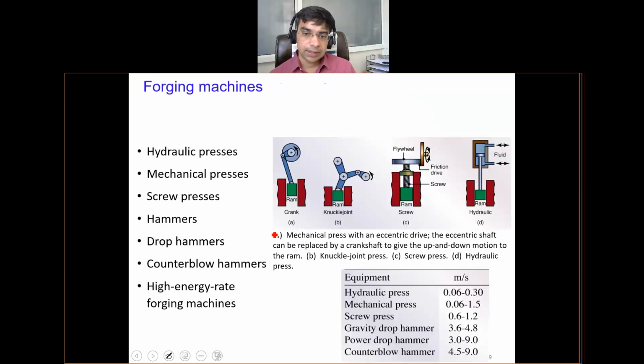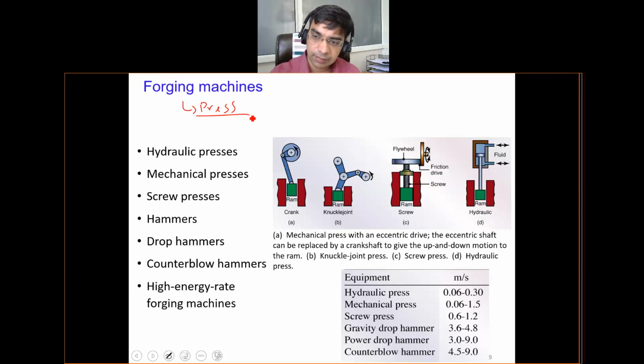Next, we look at how the hammering is done in modern day forging presses. Forging machines are also known as forging presses, so instead of machine, you will also find the term forging press. Press, if you look at the literal meaning of the word, is basically the application of compressive force. Forging presses are operated in different ways, primarily using hydraulic means or mechanical means.